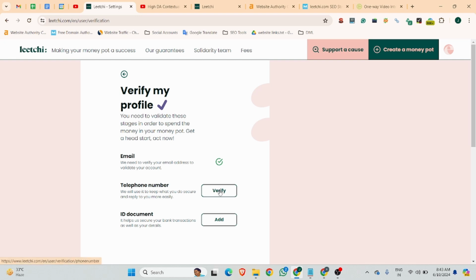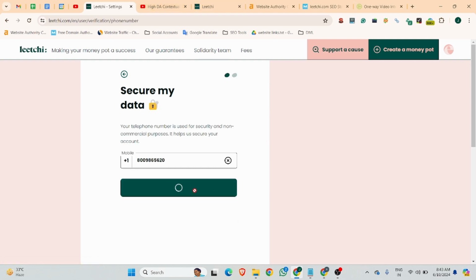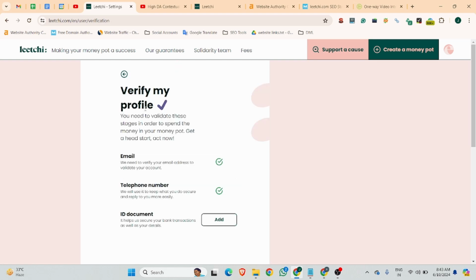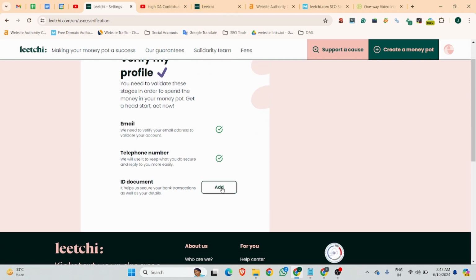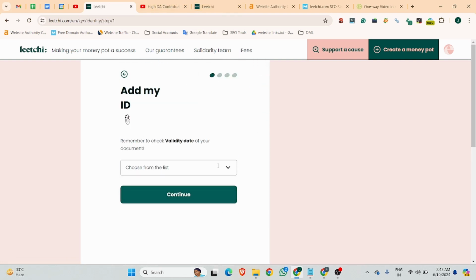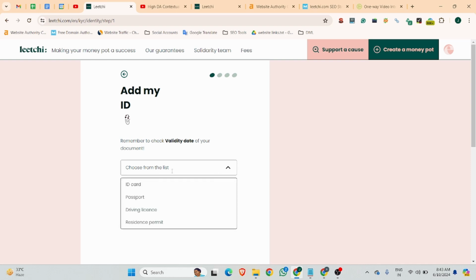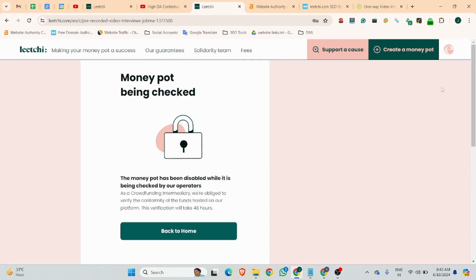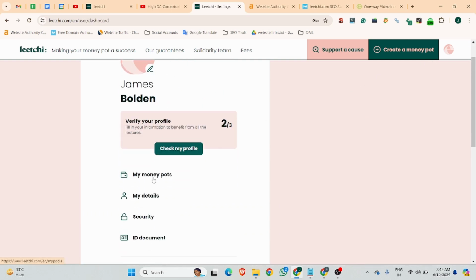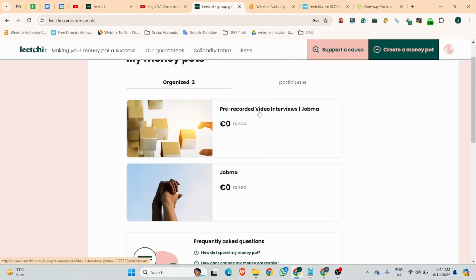They are also asking you for a telephone number, verification ID document, and these kinds of things. Yes, we can only create a bank transaction, ID card. Sorry, I don't have one. So what we can do is click create this.